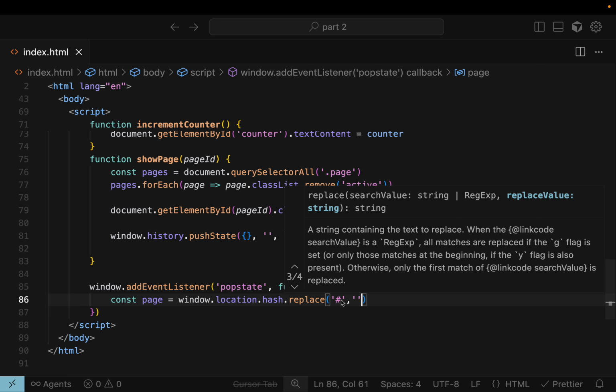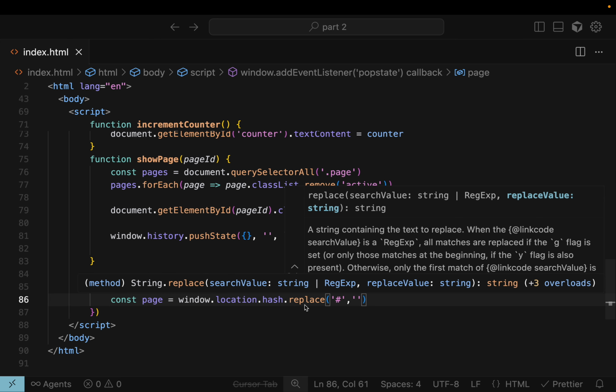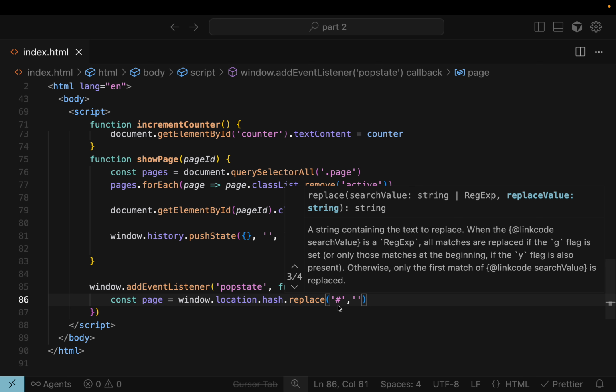But the more important thing is, because we know window is an object, and then location is an object, and then hash is again an object, because this keeps adding up again and again, this hash has some functionality, a function inside called replace, and this replace expects several arguments. So basically what we are trying to do is replace this hash